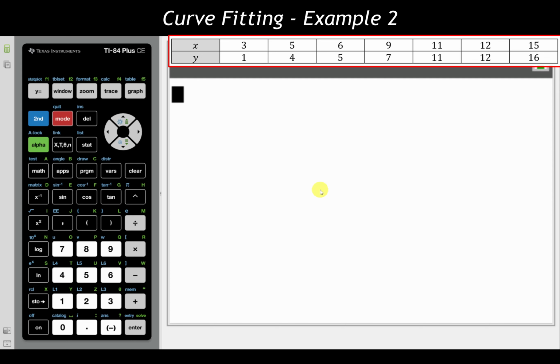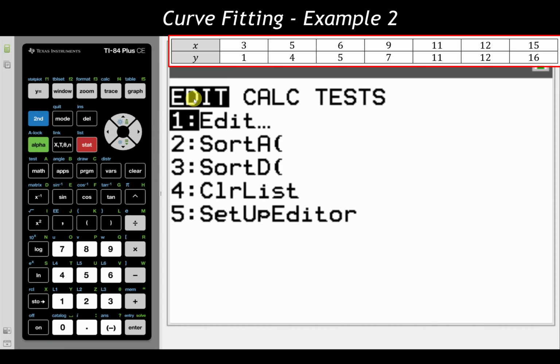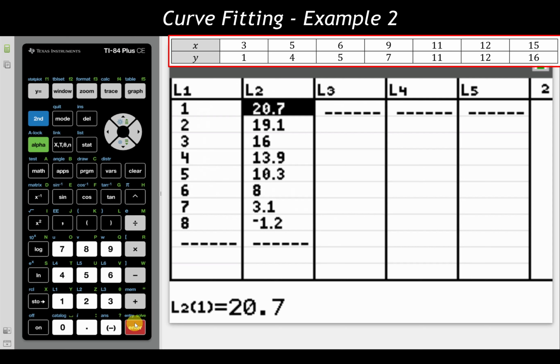But we're going to try and go through this one at a little bit more pace so we're not sitting here with an hour-long video. So for our second example, again, we need to go up and input all of the data that's been given to us. So I'm going to go over to Stat, making sure I'm in the Edit tab, go into the first Edit option here. I'm going to clear everything out in these columns, and I'm going to input all of the data in that second data set.